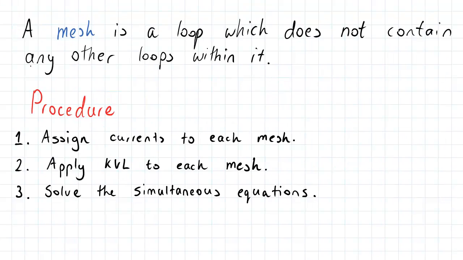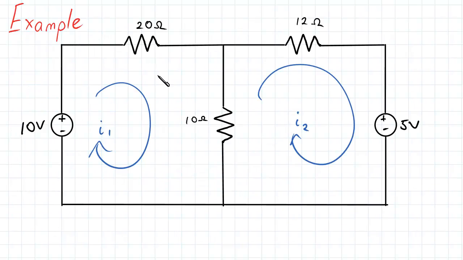So now that we have assigned currents to each mesh, we need to apply the KVL to each mesh. So let's call this our mesh 1,